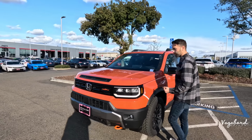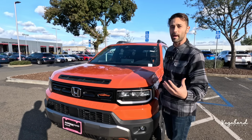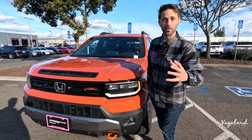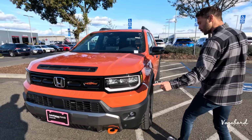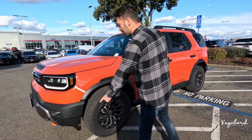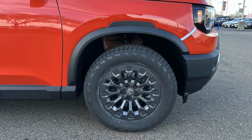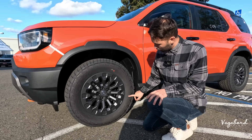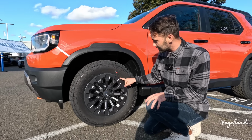So we did talk about the front end and showed you guys what the look on the front end looks like. It almost kind of reminds me of a Land Rover Defender, just at literally like 40% of the price. This is coming in at $50,500, okay? Now let's shoot over to the driver's side of the vehicle. We have matte black plastic front trim coming around to the wheel well trim, over to the tire area and the rims, okay? Now, they're running a General Grabber AT all-terrain tire sport, and the size is a 275/60/18 with